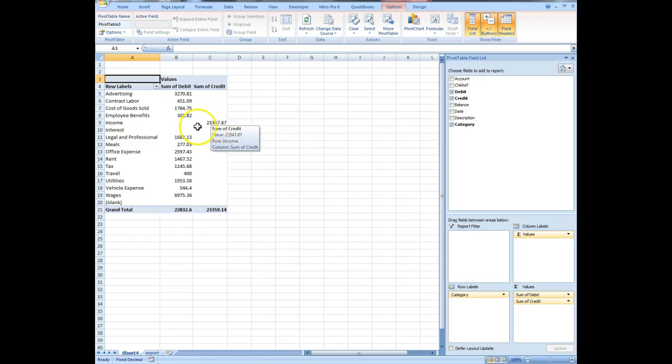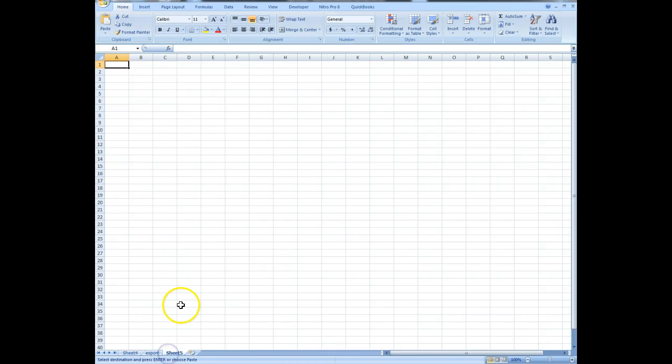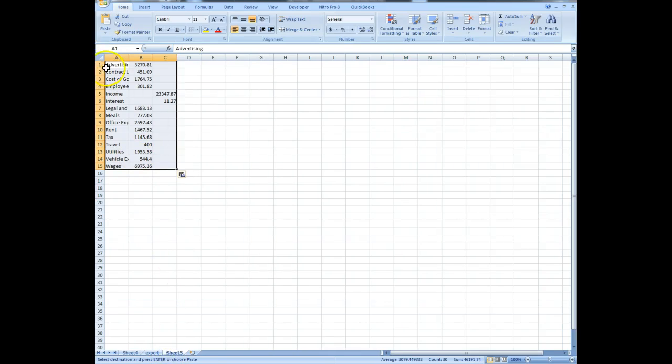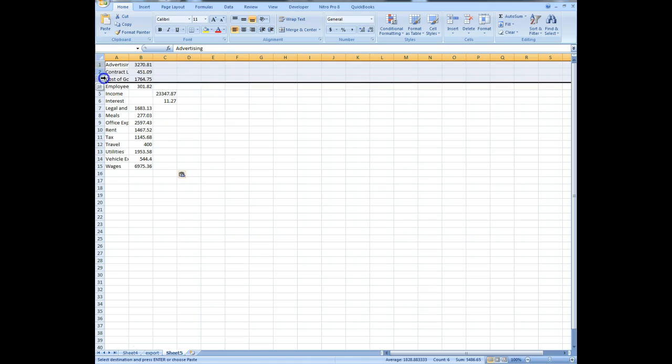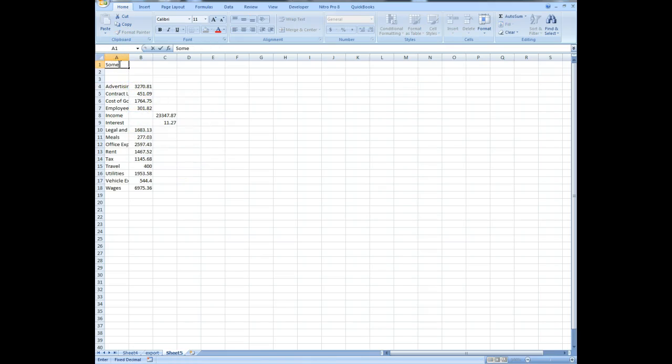You can see it's not formatted properly, but if you want to format it, I would just copy it and paste it into a new sheet here and just start formatting it however you want,